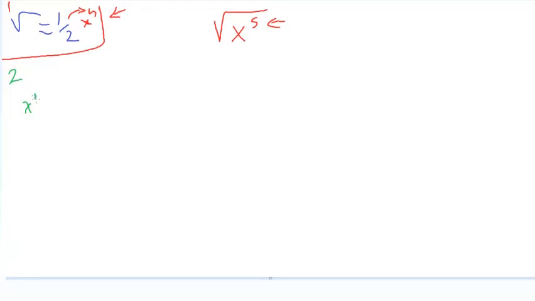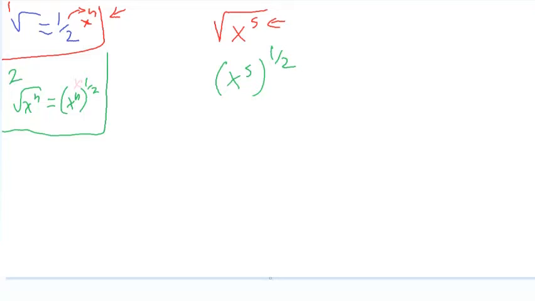So that gives us rule number 2 when it comes to square root functions using the power rule. If the x is being powered by a number, that x then becomes in parentheses and is still being powered by 1/2. With that, these two numbers will then be multiplied. So x to the power of 5 will be in parentheses, being powered by 1/2. We will then multiply the exponents, which gives us x